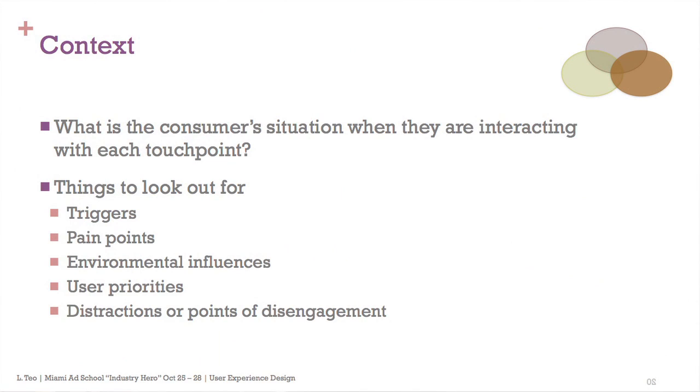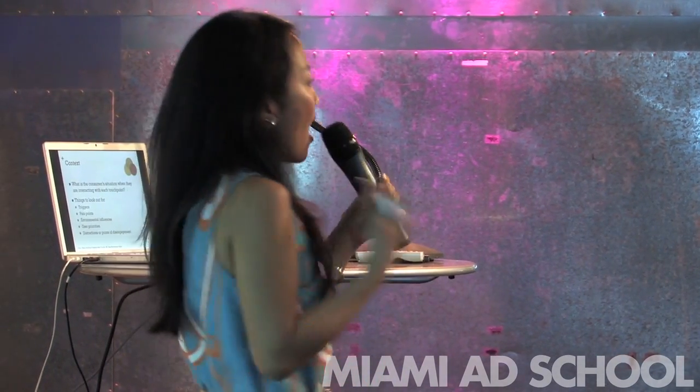The last one is very interesting. Distractions or points of disengagement. One of the things I found is sometimes when there's too much information, I just kind of give up. When you feel like there's just too much coming at you. So think about what the distractions or points of disengagement could be, because you might be able to build in ways for people to save, for example, as they go along, or you may have them sign in so that wherever they drop off, they're leaving a track of what the user has seen,